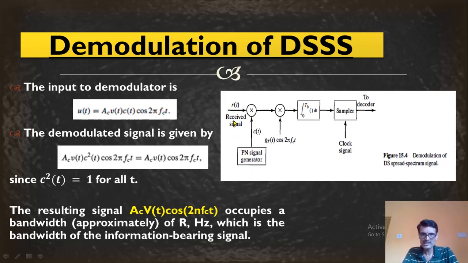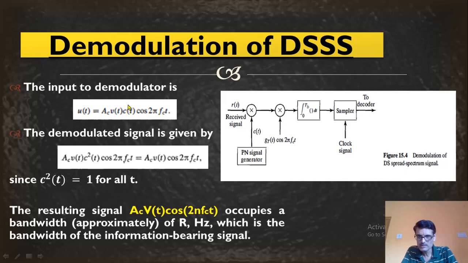As I told earlier, we have to have the same PN pattern generated in the receiver also. This is the received signal, let us say R of t, which should be equal to U of t, but some interference will happen. The unauthorized persons will try to jam your signal maybe. So we have to avoid that. So I get R of t as the received signal. I multiply that with C of t, the same PN pattern generator. So I multiply this U of t, which is equal to R of t, with C of t. This is the transmitted signal multiplied with C of t.